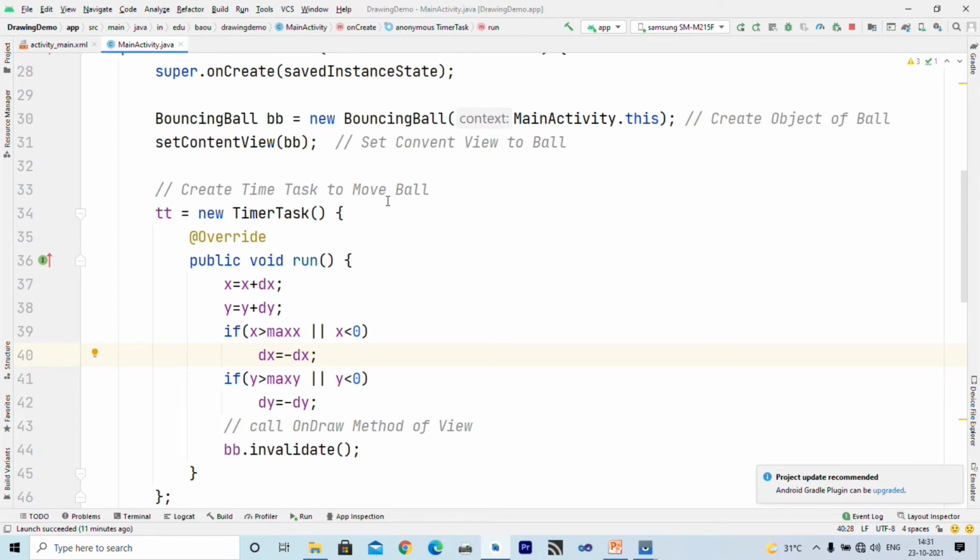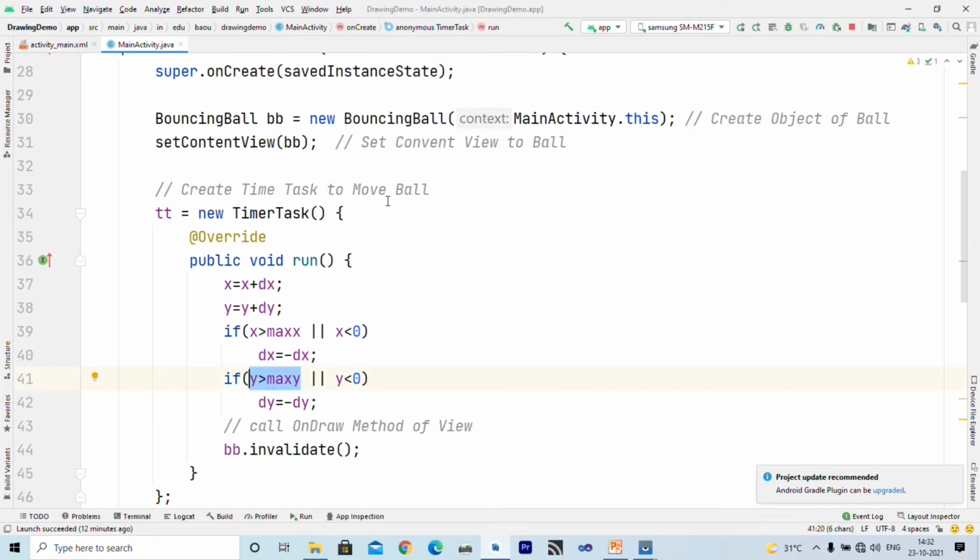Initially our width is small and height is larger, so x and y are continuously incremented, right? But as soon as it reaches the right corner, this condition becomes true. Now dx becomes minus dx, that means dx becomes minus 5. Now it decreases x, so the ball changes its direction, and as it reaches the bottom this condition becomes true.